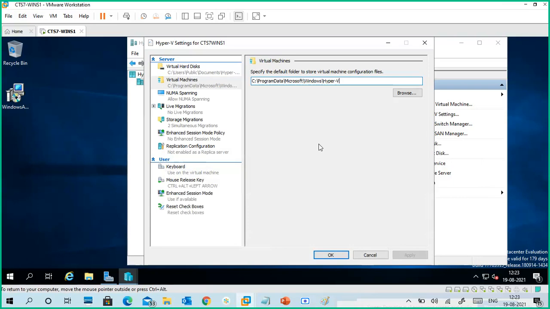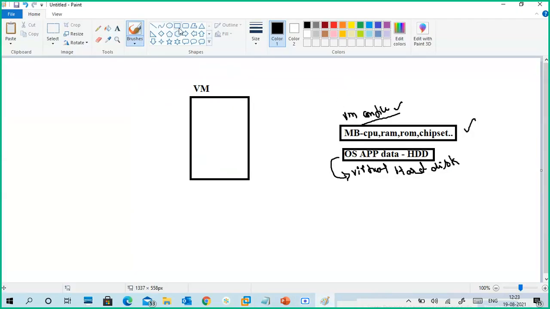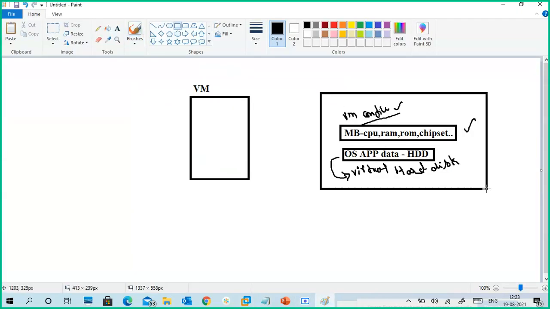Both are stored in a physical location, physical machine only, physical hard disk only.